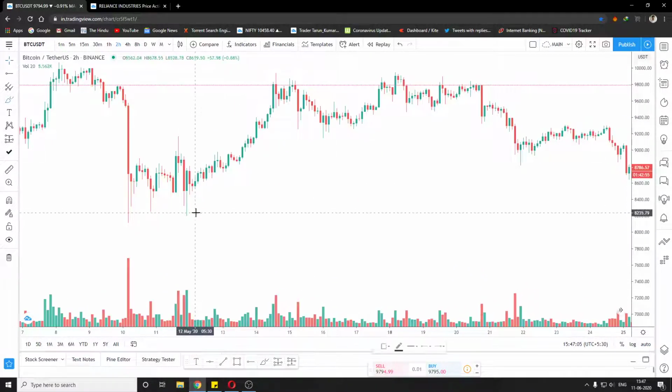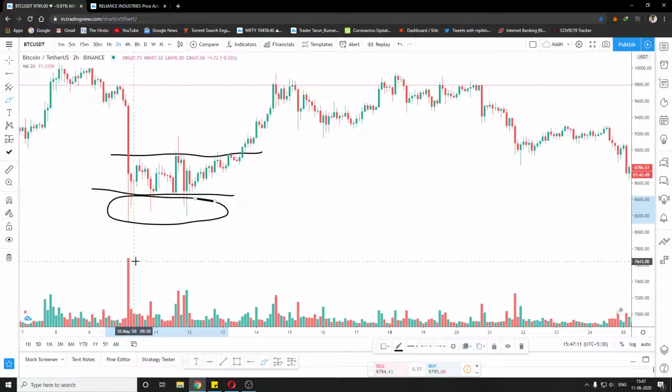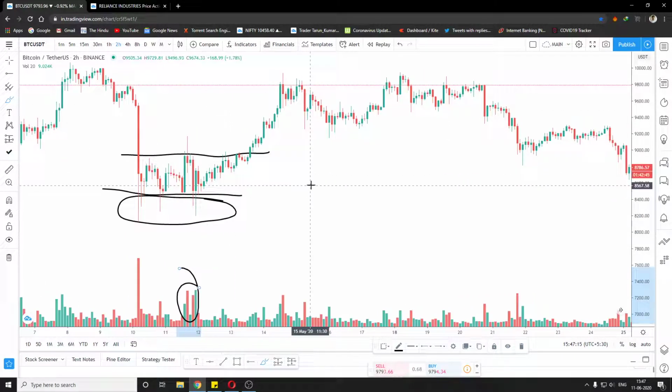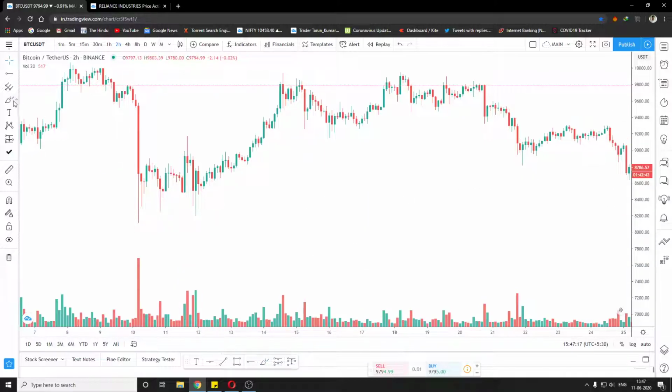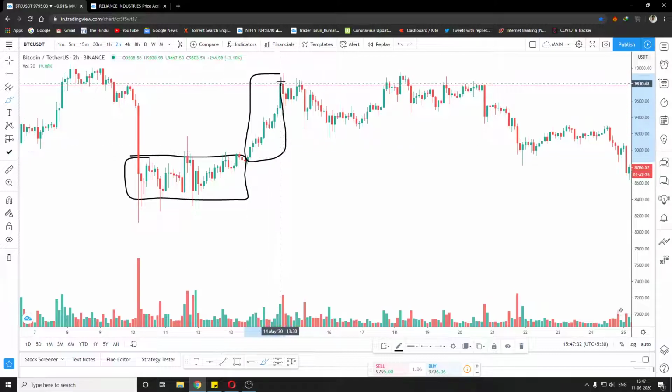We saw this buying climax. As you can see, we formed a support and resistance, and we had a lot of lower wicks with huge volume. Now, in the second video we talked about how much time the market trends and how much time the market is in the sideways. So this much time we spent in the sideways market.